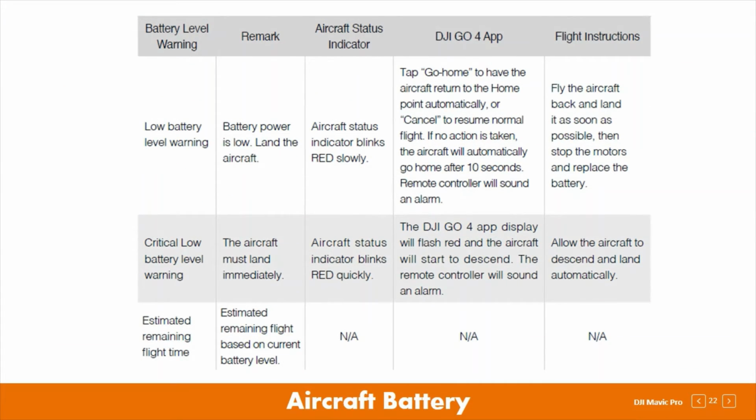This is the battery level warning table that shows the indication for low battery level warning and critical battery level warning. For low battery level warnings, the indicator lights will blink red slowly. This means that you have to take action in 10 seconds, otherwise the plane will auto return home. So in 10 seconds you also have to try and fly the plane back and land it. Okay, for critical low battery, that means you must land the aircraft immediately. This will be indicated with a fast blinking red light. Okay,